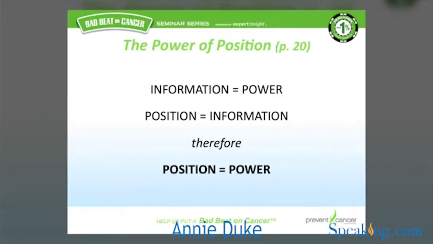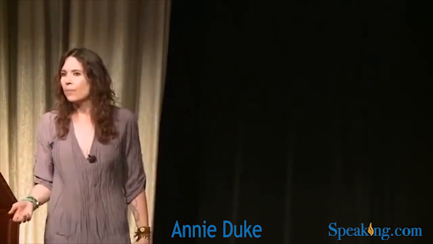Okay, so here's the deal. We know that in this game, because of the problem, information is going to be power, right? The more information we have, the better decision maker we're going to be. Well, it turns out that position equals information, right? Because when you're under the gun, everybody knows what under the gun means? Awesome. My book has a great glossary, though, in case you don't know. When you're under the gun, in first position at the poker table, you are going to be acting with the least amount of information before the flop, right? So you have to make a decision before anybody else has done anything. That's no small problem, I want to add.